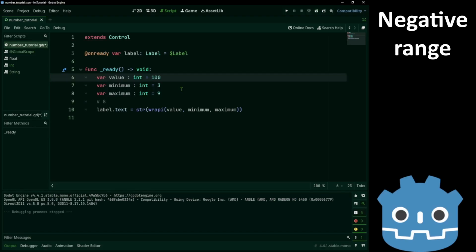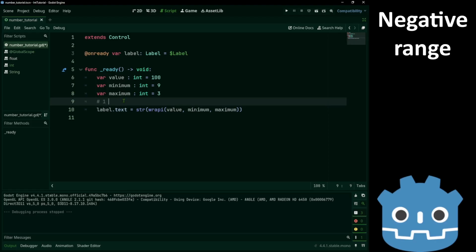Now what happens if the range is negative? For example, let's flip the numbers 3 and 9. We have 100 minus 9. Mod the range, which is minus 6. It's 3 minus 9.